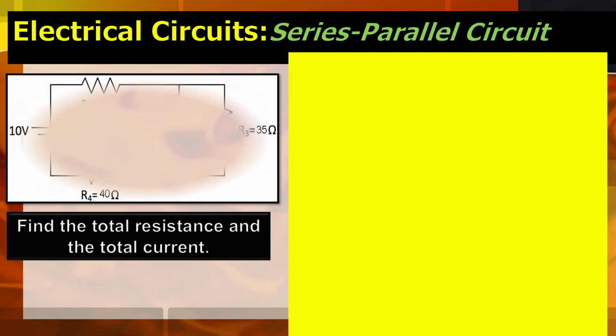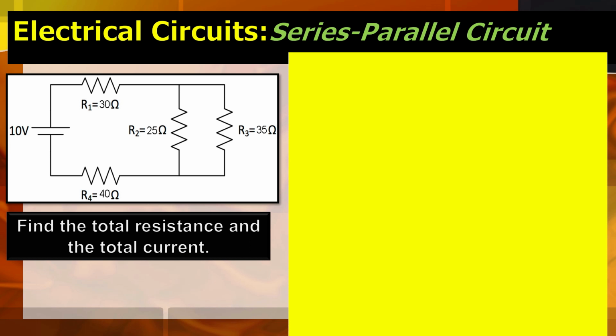What if our electrical circuit is connected into a series parallel connection? So we have here an example. So we need to find the total resistance and the total current of all the four resistors connected in a combination circuit. So we have R1, which is 30 ohms, R2 25 ohms, R3 35 ohms, and R4, which is 40 ohms. So first thing that we must do is to combine R2 and 3 para magkaroon tayo ng isang